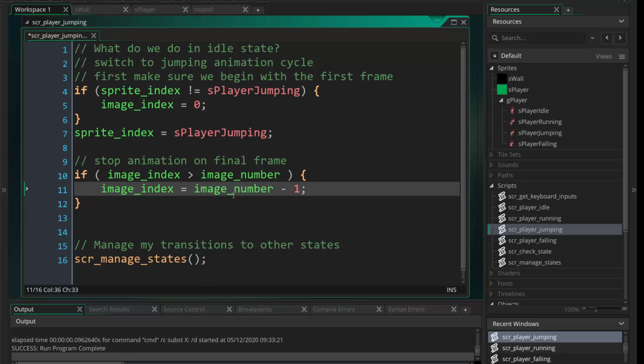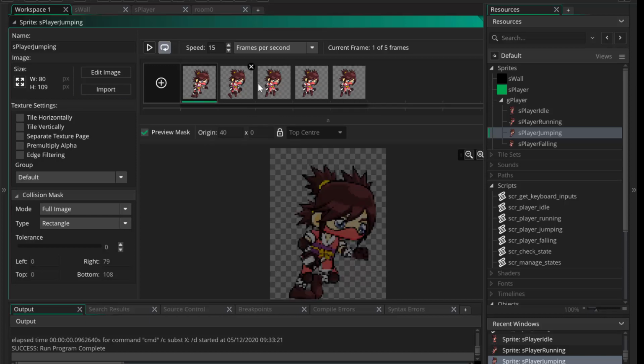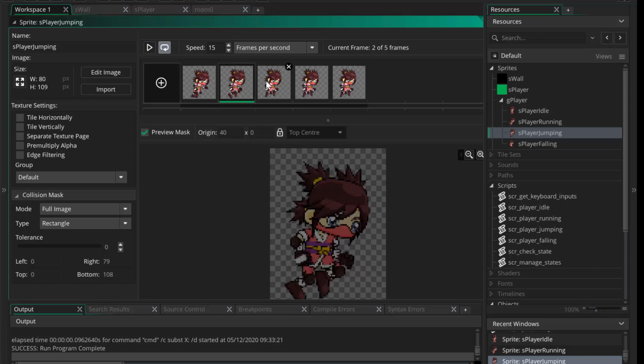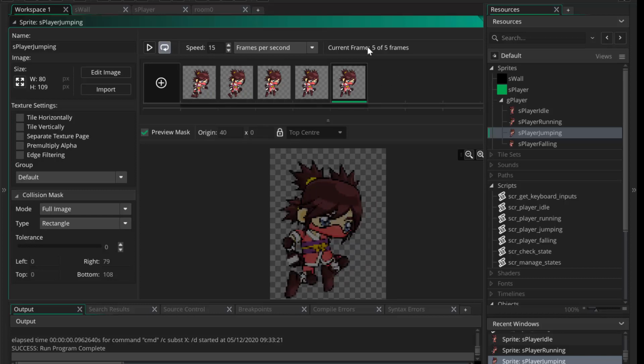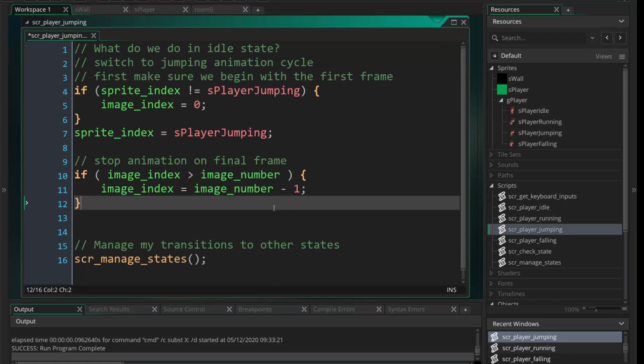number minus 1. And you have to do the minus 1, and the reason why is image number is going to be 5, right? So let's say we're jumping. All right, we have 5 in all. So image number is going to be the number 5. But remember I said this first one is 0. So if that's 0, this would be 1, 2, 3, 4. So it's actually the number minus 1 because the first one is always 0. So that's jumping. Okay, so this would stop animation on the final frame